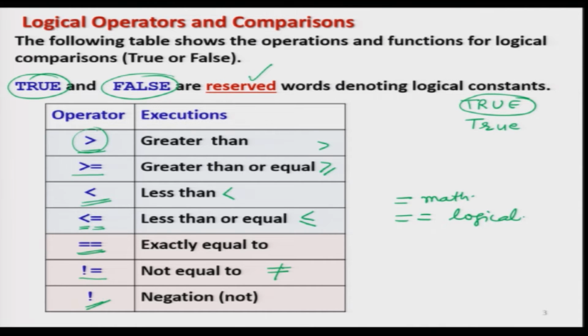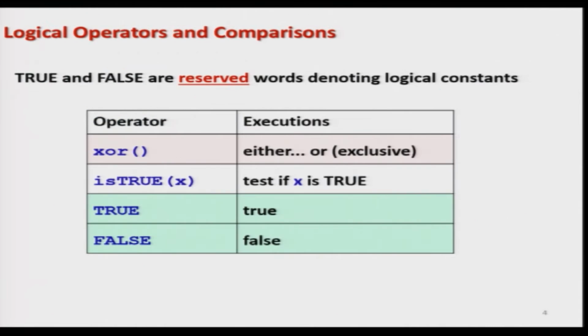So, let me give you some simple examples so that I can show you, but besides those things, if you want to make a combination of expressions, then we have one more operator here, XOR, which is used as either or. And similarly, if you want to know whether some expression is true or false, then we have here a statement or a command